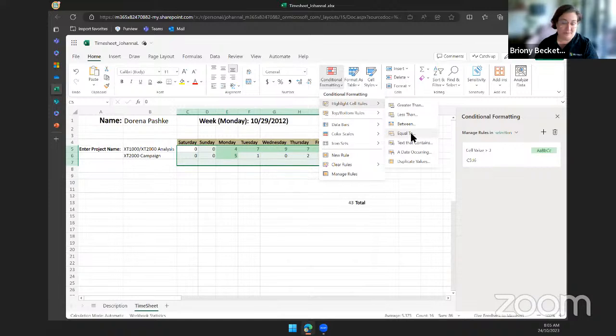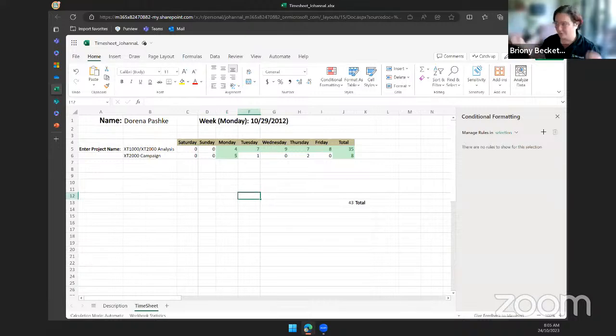As odd as it sounds, that's probably my favorite thing in Excel: to say equal to my name, and then it really easily surfaces what I need to pay attention to. Because there's nothing worse than reading through pages and pages and pages and then missing one cell. So conditional formatting is a really useful option.